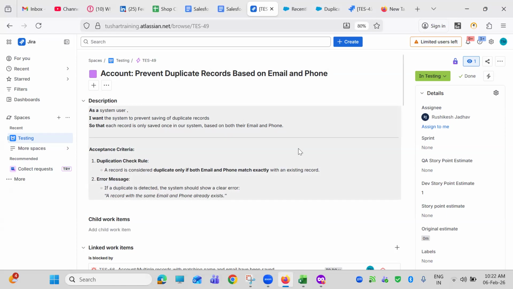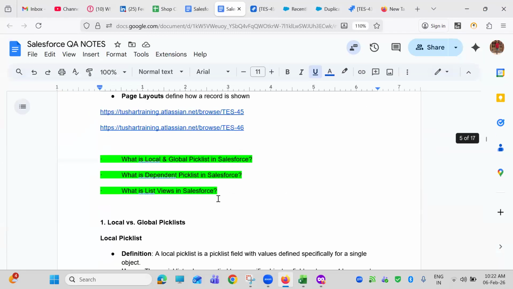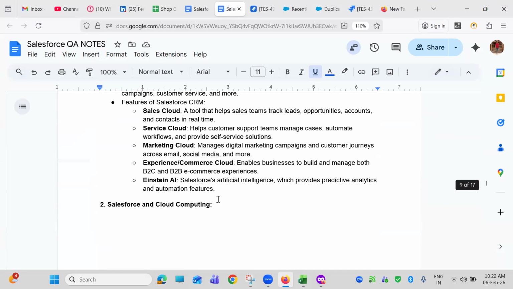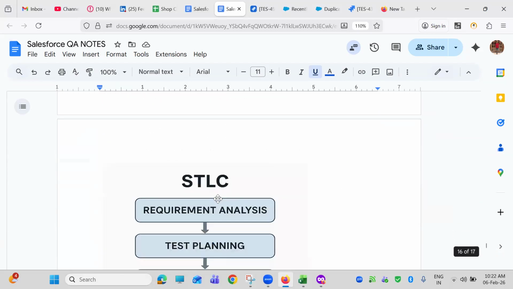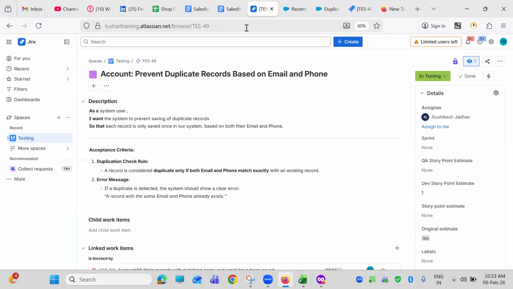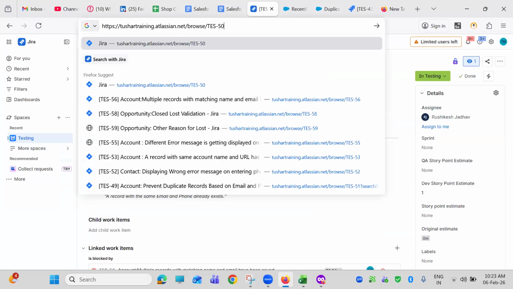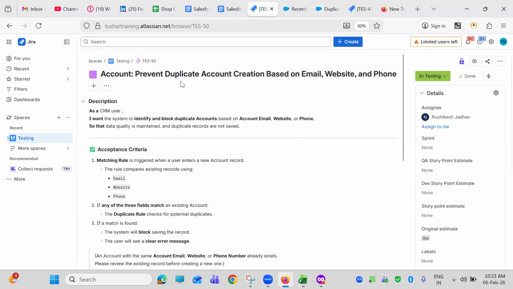Yes. Okay, so I'll share this test case with you all. Now let's move on to another user story, which is a kind of same user story, 50, but a bit more complex. So another user story